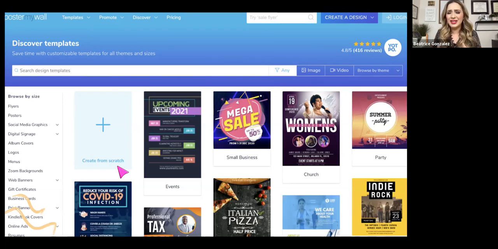Last time I checked, they have over 750,000 pre-made templates that you can go through, find yours, and just tailor it to download what you need for your upcoming lesson. I think the hardest part is going to be choosing what you want because there's so many available. So that's what PosterMyWall does. It's all about how I, as an educator, can be creative and innovative enough to take these resources and tailor them so that they meet my instructional needs.